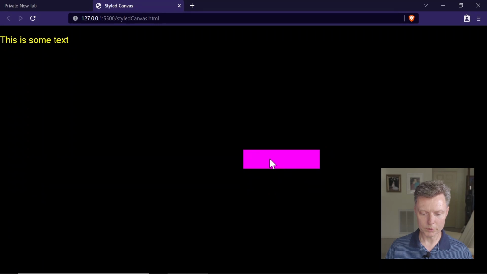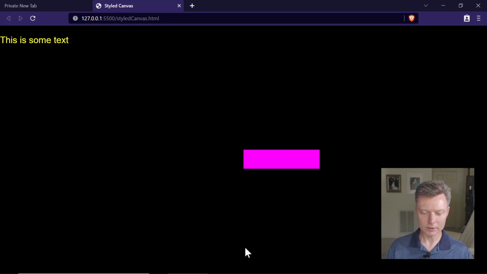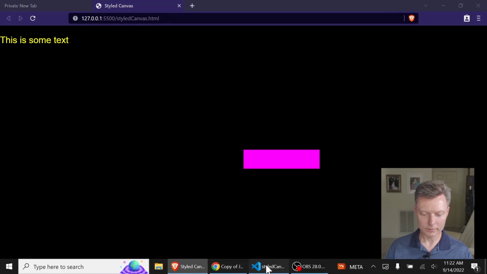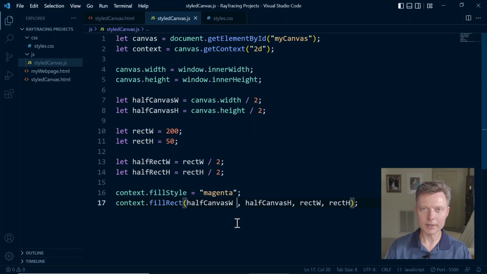So if we go back and look at our web page, what we need to do is move this rectangle back halfway and then move it up halfway as well. And so if we just subtract those new values off the old ones, then it should work. So go right here between the W and the comma and type a space. Now hit the minus key,